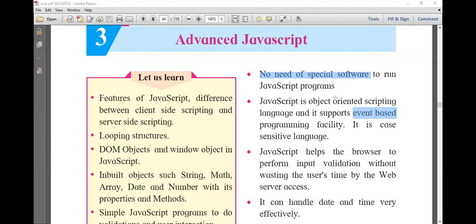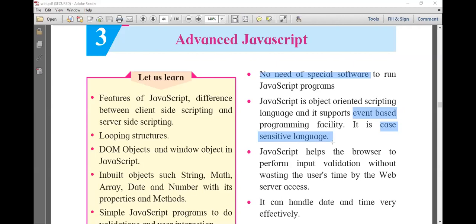The second feature says that it is a case-sensitive scripting language. You know very well the meaning of case-sensitive. If you have to write in capital letters, it must be in capital letters. If you write in small letters, then it will not work.